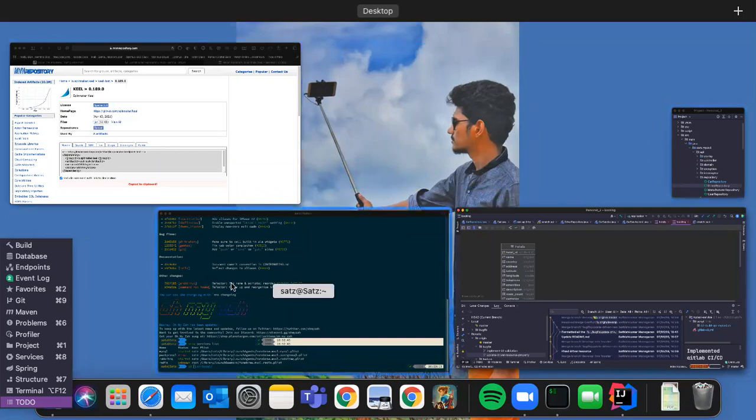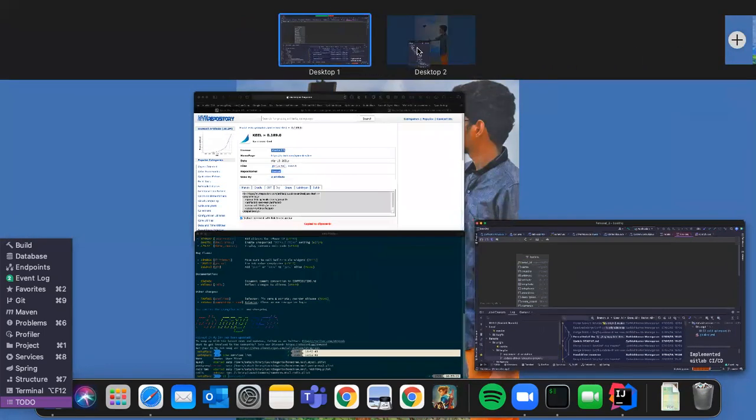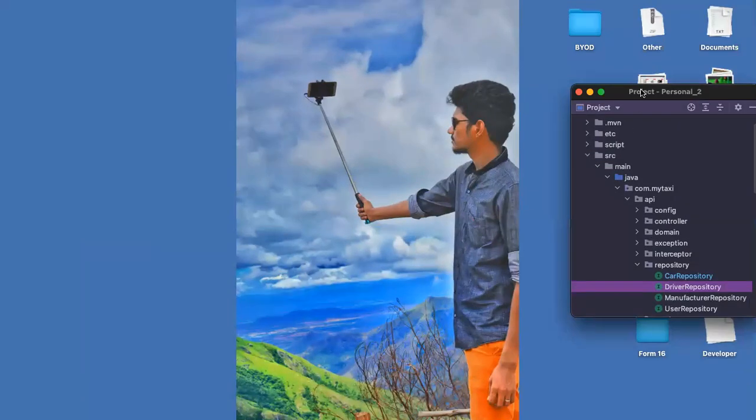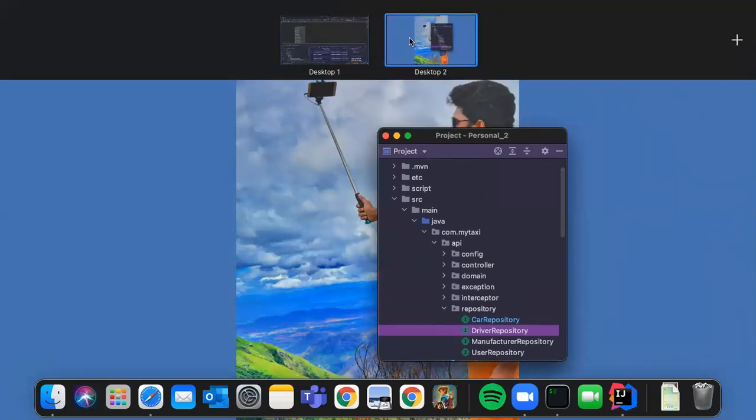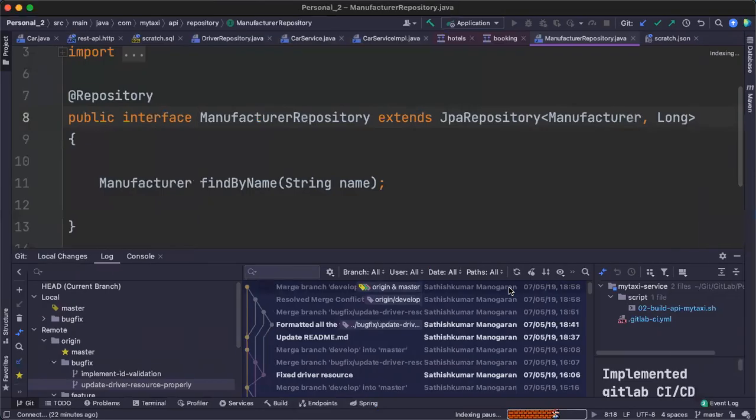See, this is coming as a separate tool window itself, like I have Zoom here. So this is coming separately. If I want, I can put it on the second desktop. Consider this is the two-desktop setup I have here, desktop one, desktop two, the same setup as having monitor one and monitor two. From monitor two, I brought this separately here. If I click this Manufacture repository, the cursor automatically came from that monitor to here. Did you notice that? The cursor also came to this one. So this is an awesome feature when you have a dual monitor setup.